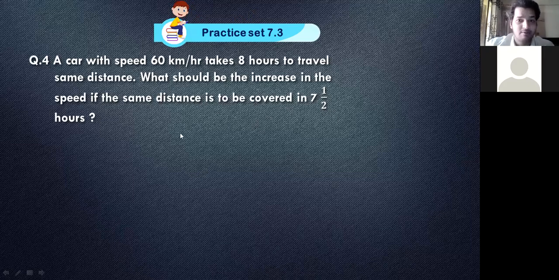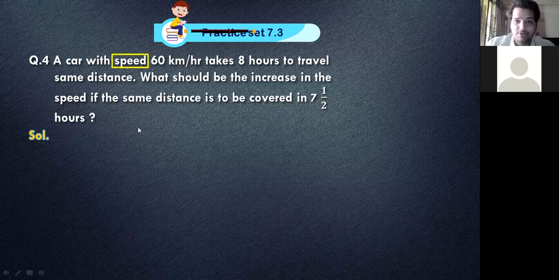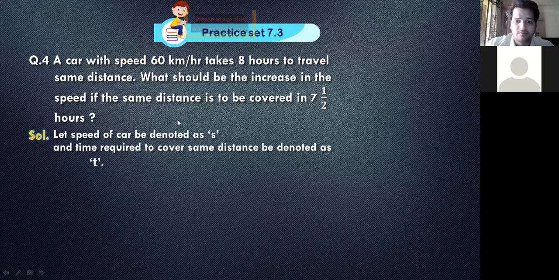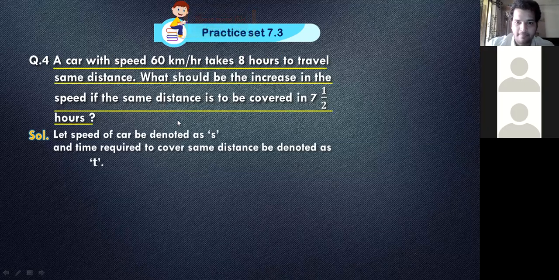Alright, so let us think about the question. First of all, no alphabet is given for the speed or the time taken by the car to travel. Correct. So we will make an assumption as per the rule. Right? And whenever you have an assumption, you always start from the word let. So let the speed of the car be s and the time taken in hours be t. And as per the question given to us students,